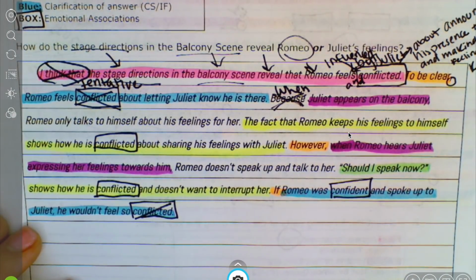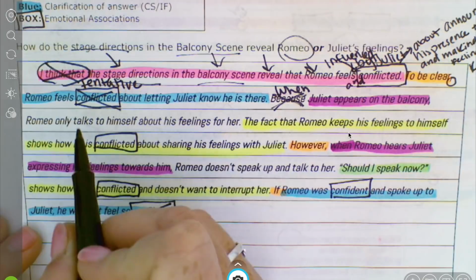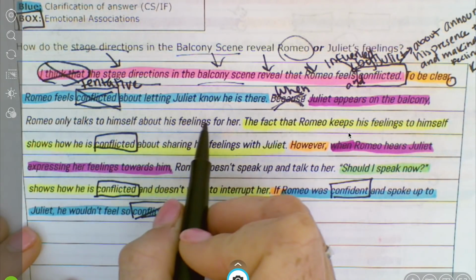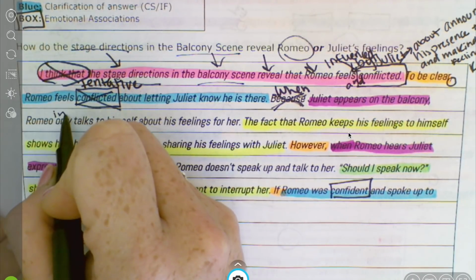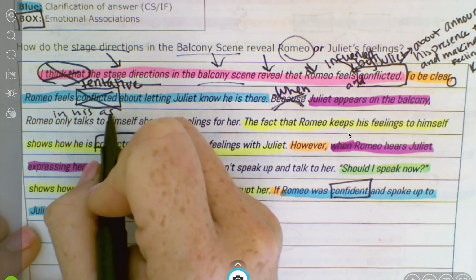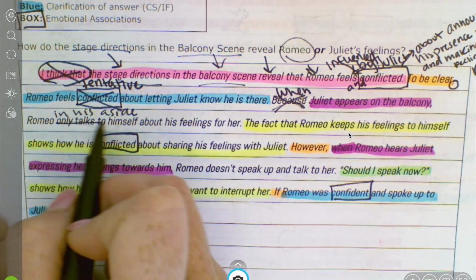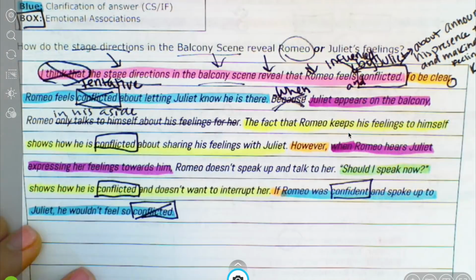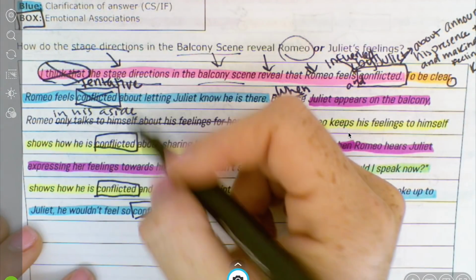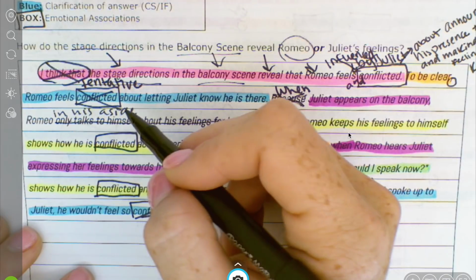So when Juliet appears on the balcony, Romeo, and then we have this only talks to himself about his feelings for her. Now we know this only talks to himself part really means that it's an aside. So Romeo, I'm going to put in his aside, and I'm going to cross out that because I want to use the actual stage directions that shows my depth of understanding, that I know what the stage directions are. So in his aside,